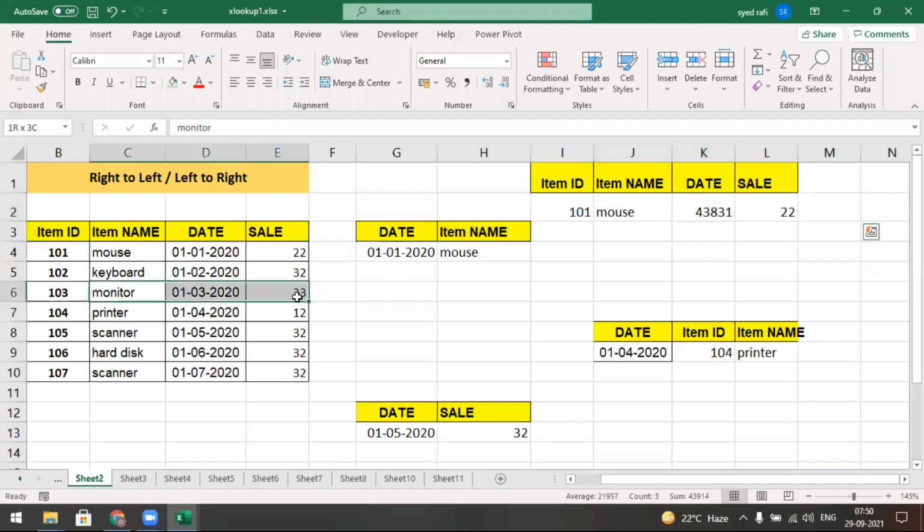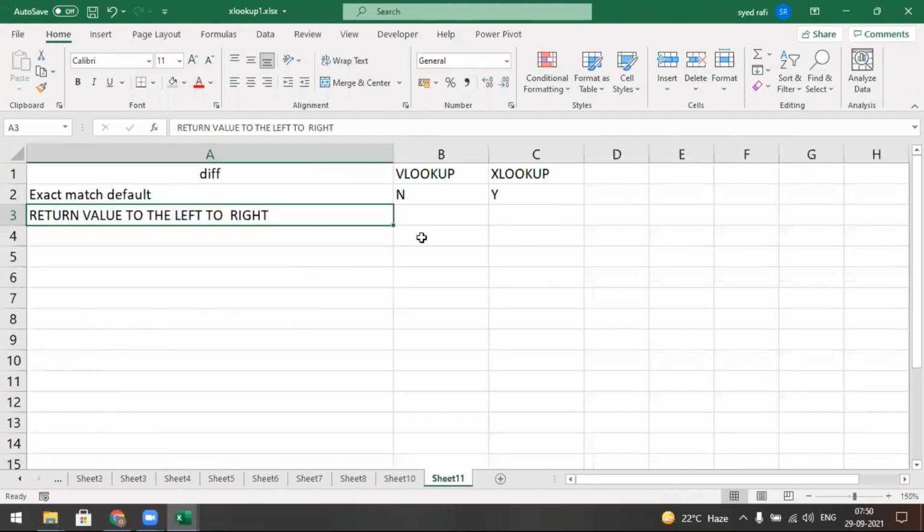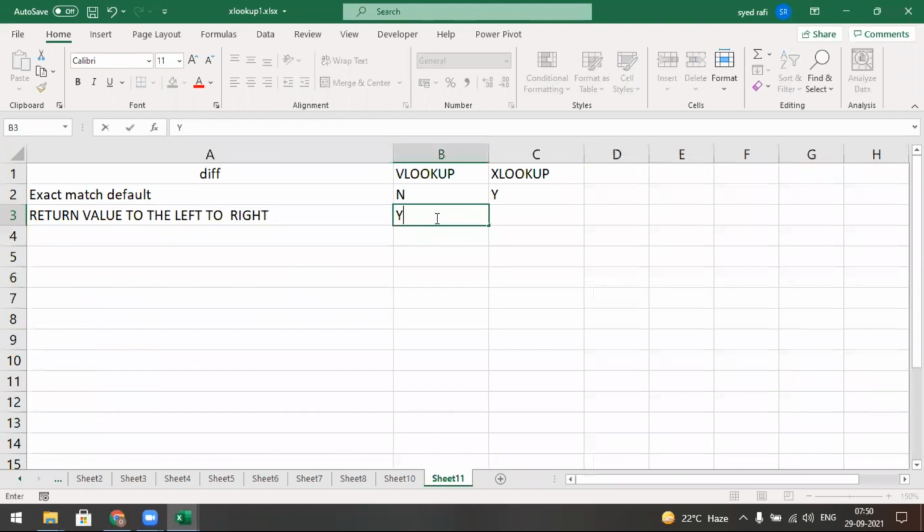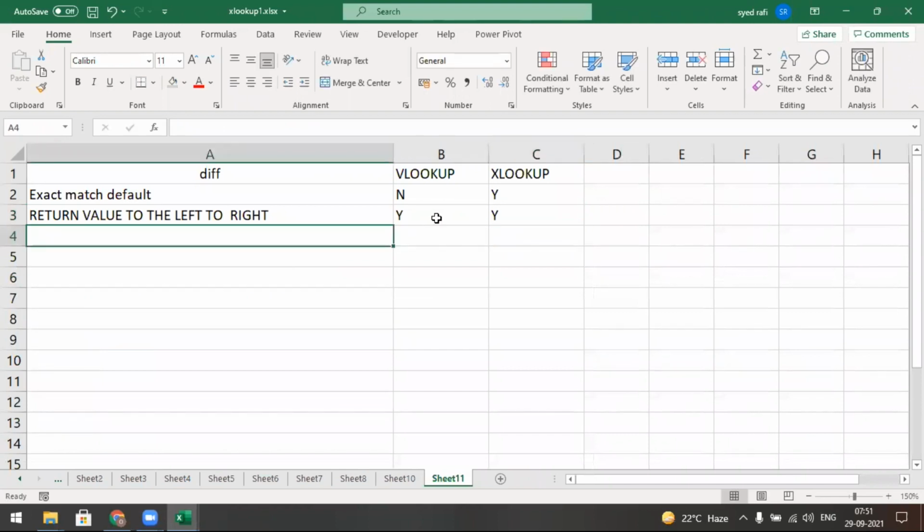In XLOOKUP, do we get this or not? Both. Both will be yes. In VLOOKUP we get this, and also in XLOOKUP, left to right data will be displayed. Vice versa.